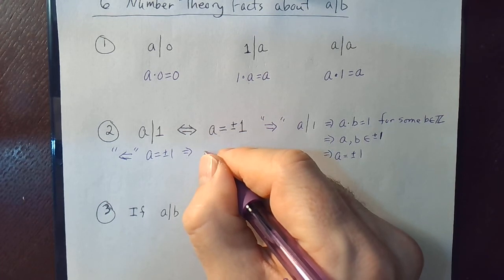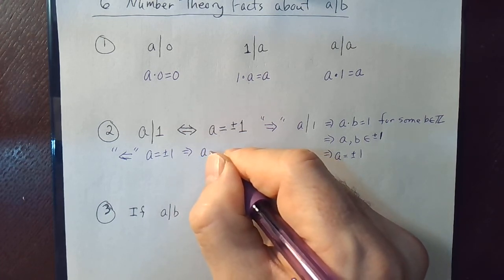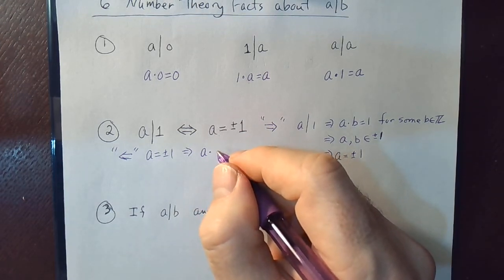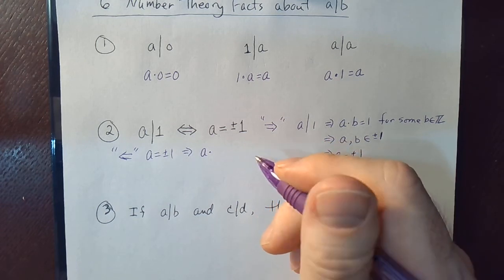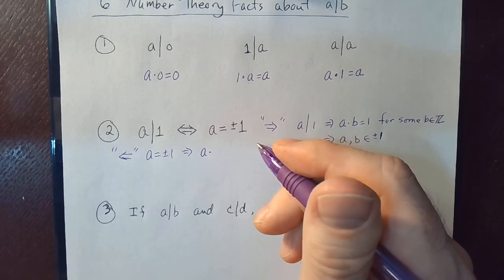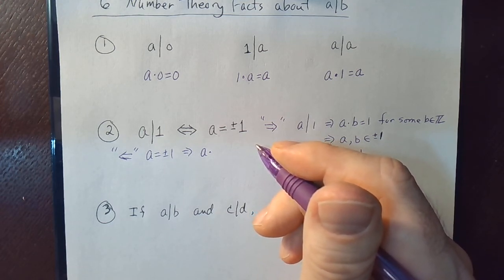A times 1. I want to make sure I get the signs correct here. I've got to get the plus and minus. A times 1 would give me,